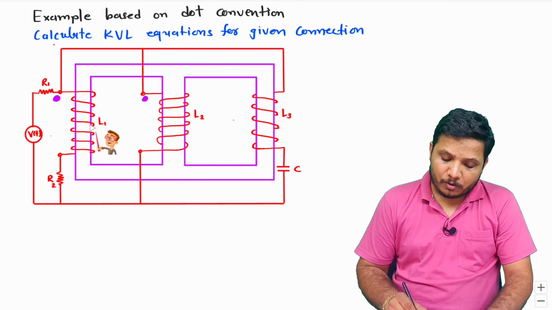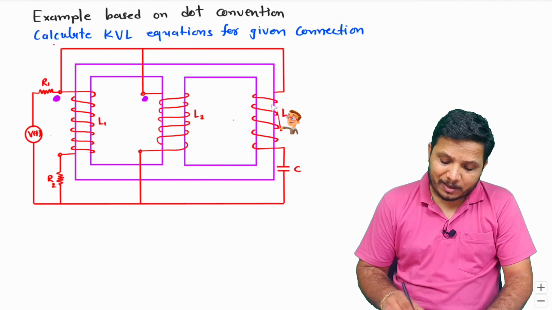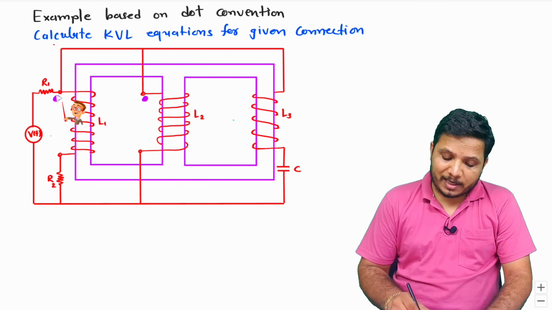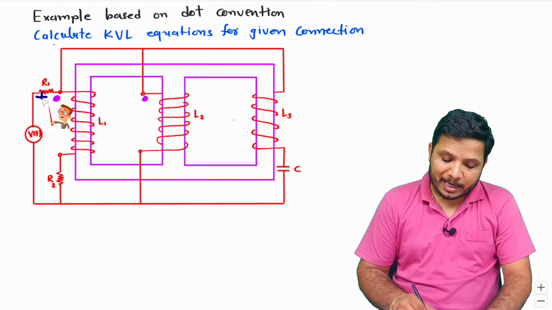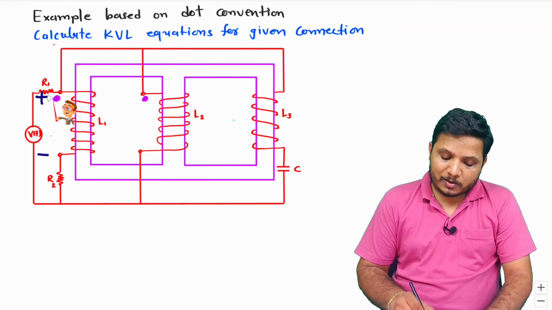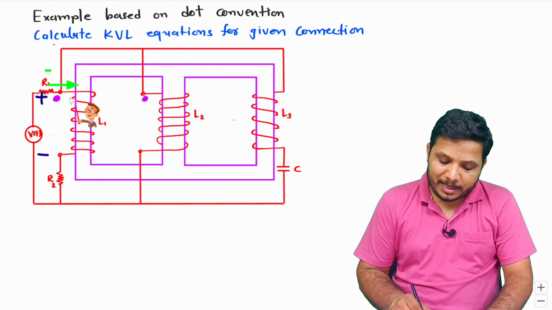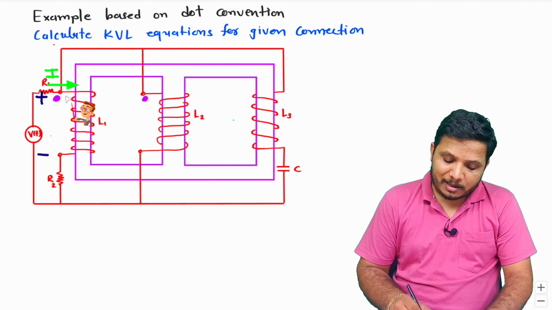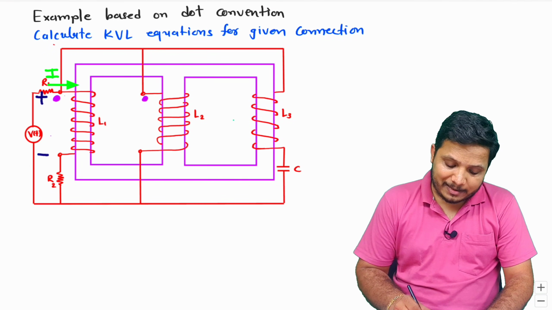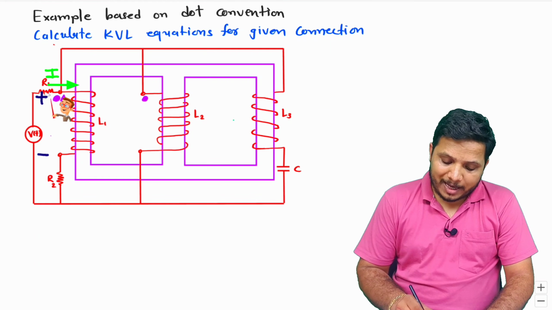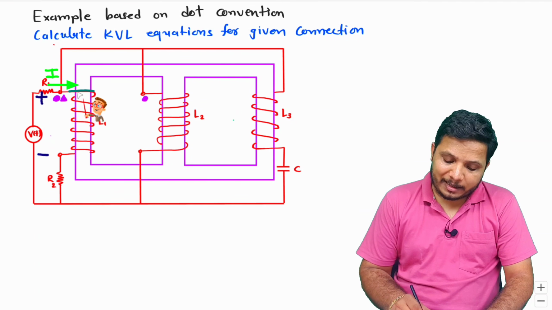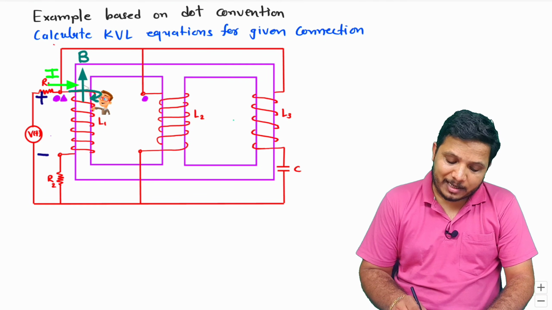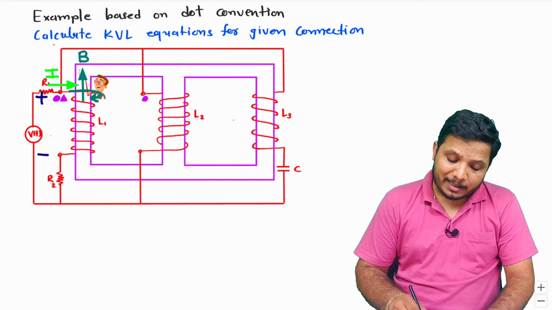Now I'll explain the dot convention in between L1 and L3. Now you see, with L1 again I am connecting supply plus and minus like this. So current will go inside of L1 from here. So I need to place a dot convention sign here. Let us say I am considering a triangular sign. Now as current is going inside, as per the right hand thumb rule, the direction of the fingers is in the direction of current. So the magnetic field will get generated in the upward direction, in the direction of the thumb,